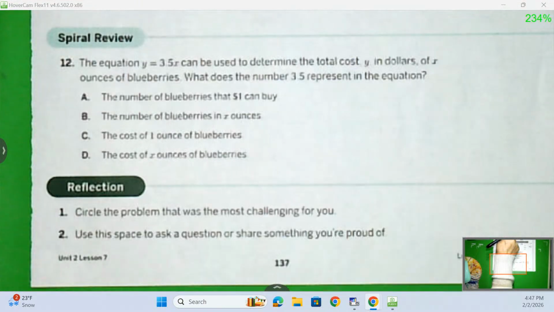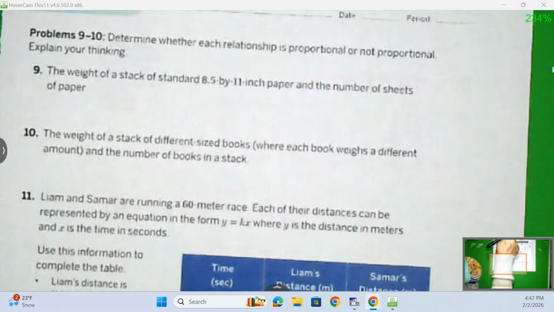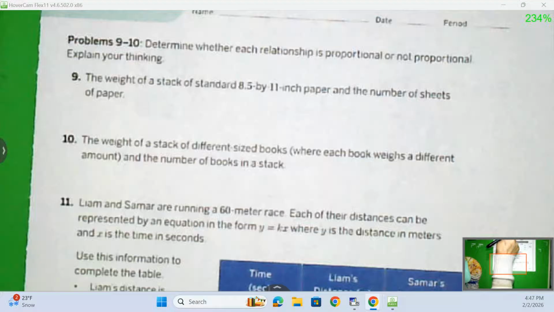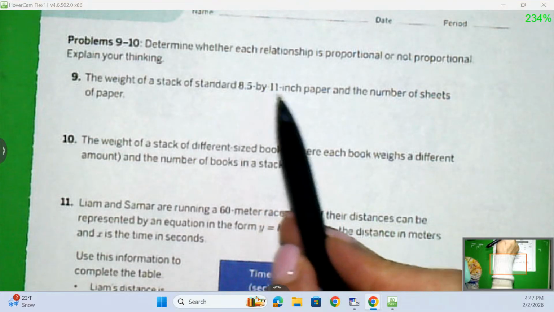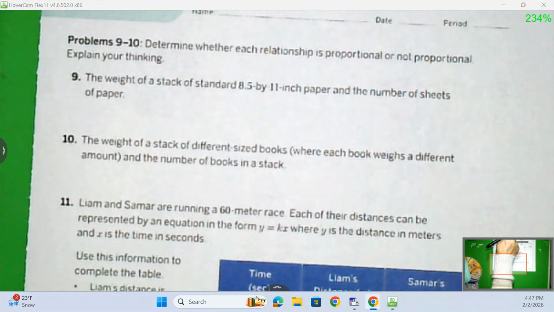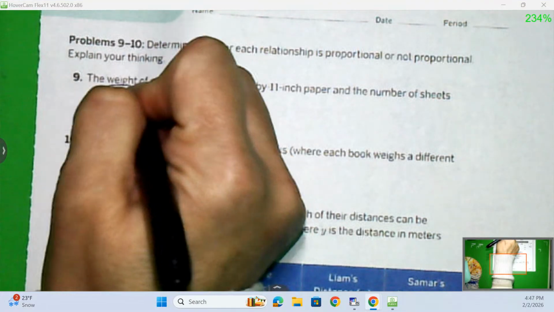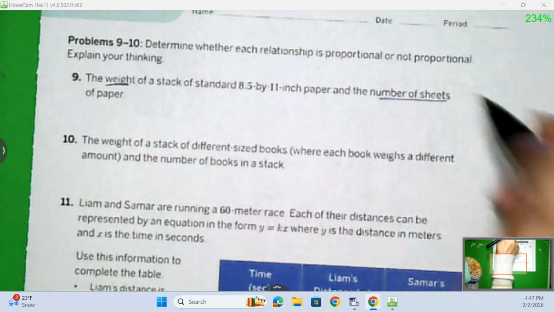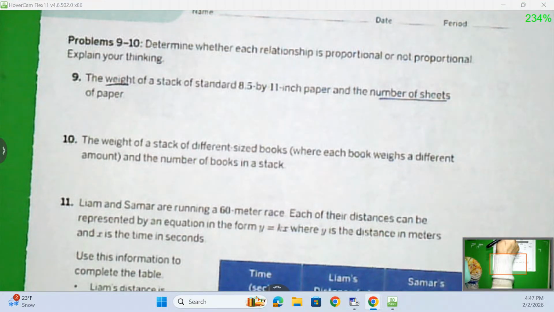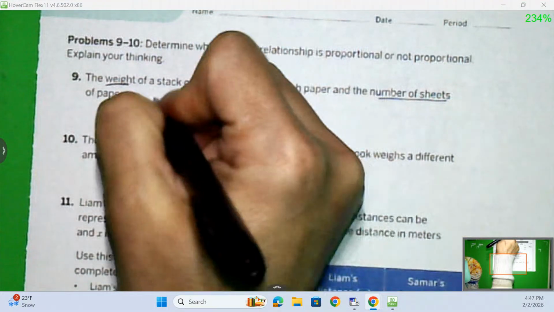Okay, over to journal page 137. Problems 9 and 10. It says determine whether each relationship is proportional or not proportional. Explain your thinking. The weight of a stack of standard 8.5 by 11 inch paper and the number of sheets of paper. So we're looking at weight and the number of sheets. This is proportional